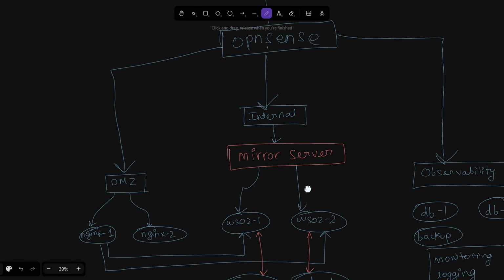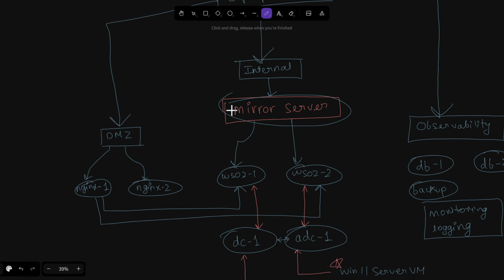Update: I'm currently here. Mirror server. If this is built, I'll look into that bonding part. I'll simply verify if my pings work if I disconnect one VMnet. After this, I actually need to set up my domain controllers.